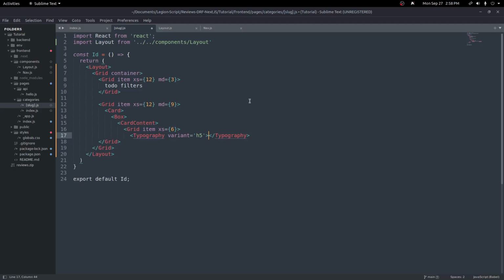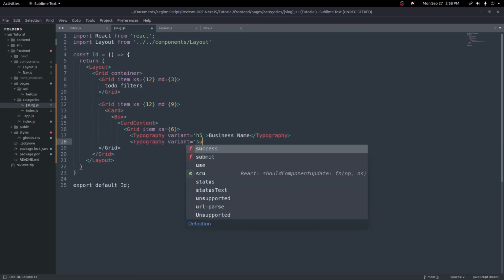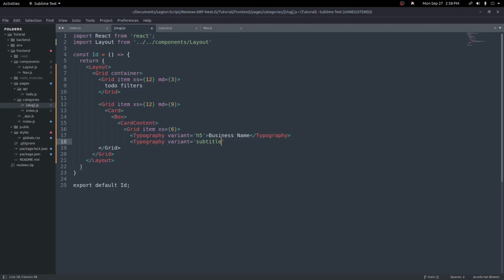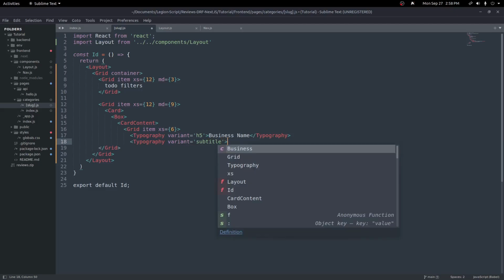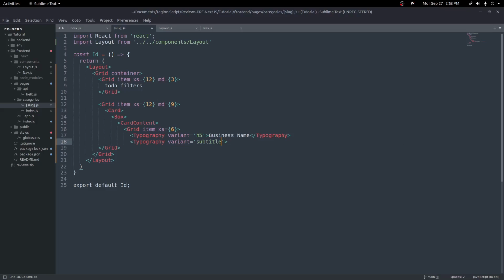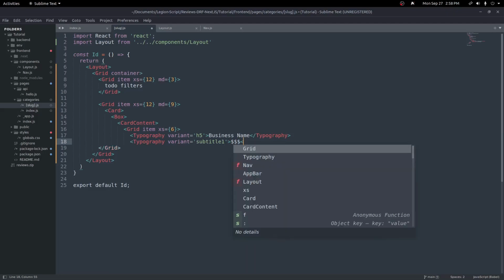Okay, and now since we don't have any actual business data, we'll just put some test data inside this card. So on this H5 heading here, I'm going to put the business name. So I'll type business name. Next, below this typography, we're going to put another typography, and this will have a variant equaling subtitle, which will give it a smaller text than our title with our H5. Actually, it'll be subtitle 1. And now inside this will be the price range. So I'm going to put just a couple dollar signs for now, since we don't have any actual data,